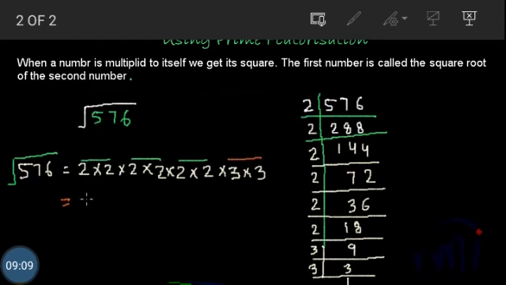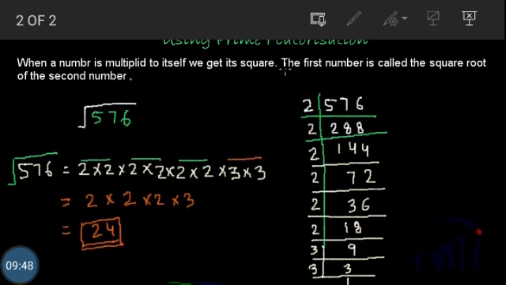The square root will be, yes, out of these 2 I'll note down only 1, because that is what the definition of square root is, right? And out of these 2 I'll note down only 1, and out of these 2 I'll note down only 1, and then out of these 2 3's I'll note down only 1 3, right? So this will be the square root of 576. Yes, we'll cross check our result. So the result over here will be 2 2s are 4, 4 2s are 8, 8 3s are 24, right? So as per this method, 24 should be the square root of 576, right?